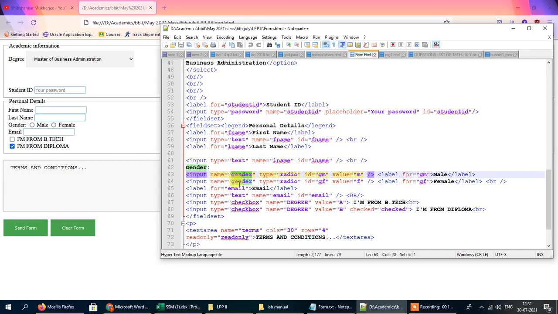So when you want to include a group of radio buttons under a single entity, the names of all the buttons will have to be the same, so that they are grouped under one category. So here we are grouping male and female radio buttons under the same category, which is gender. If you are grouping a group of buttons under one category, the reason we do that is because